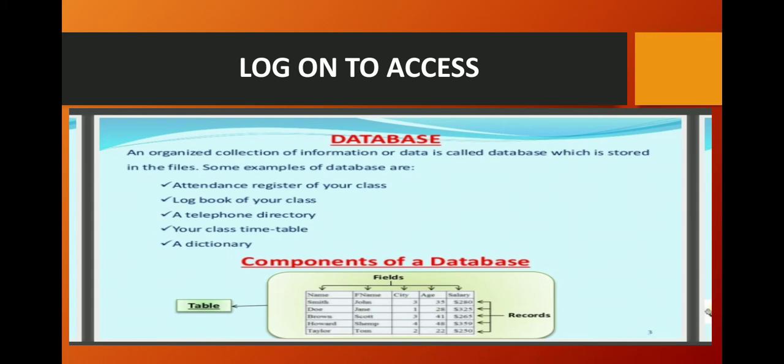From time to time, we keep on adding new addresses. We also update the old addresses if our friends change their living place. All these operations that we perform, like adding, updating, sorting, editing, deleting, are the functions of a database.